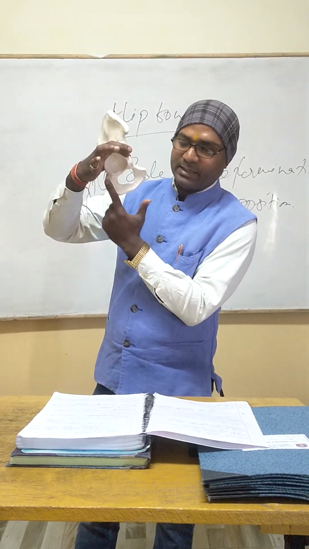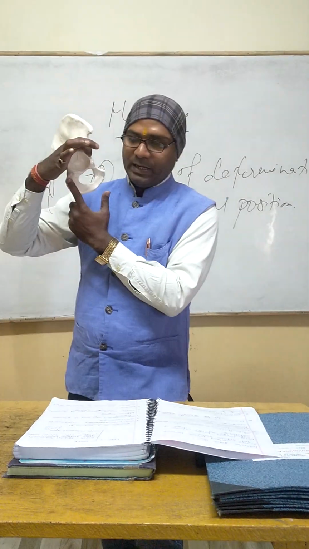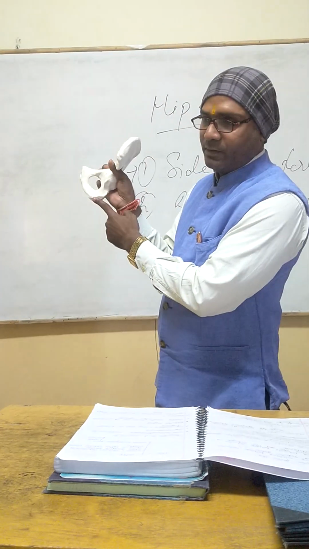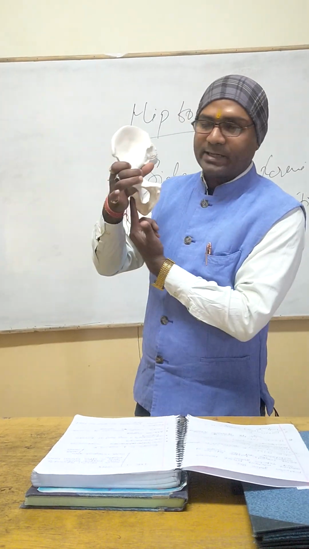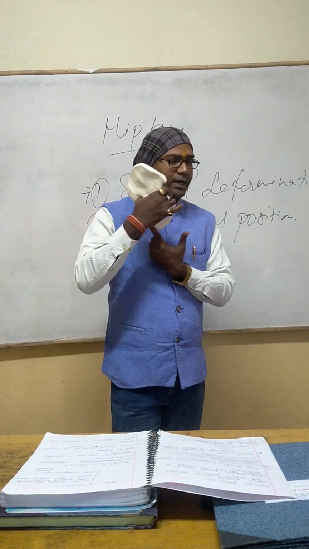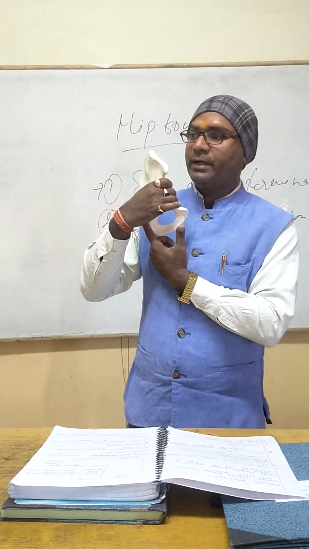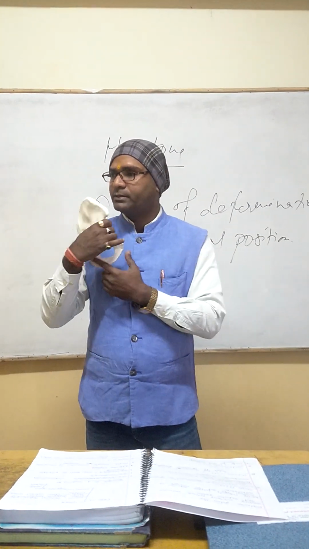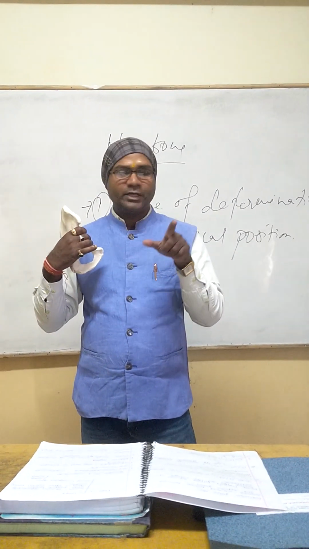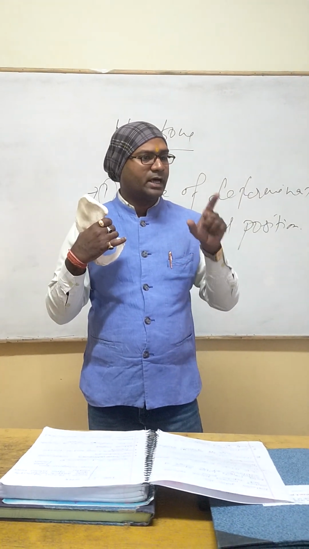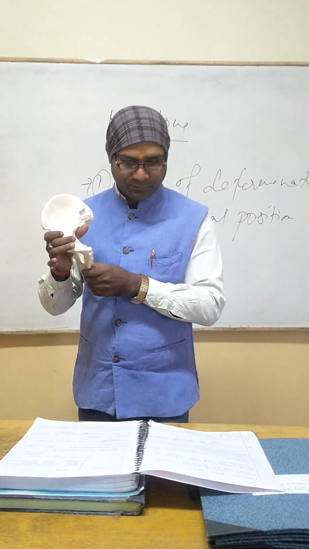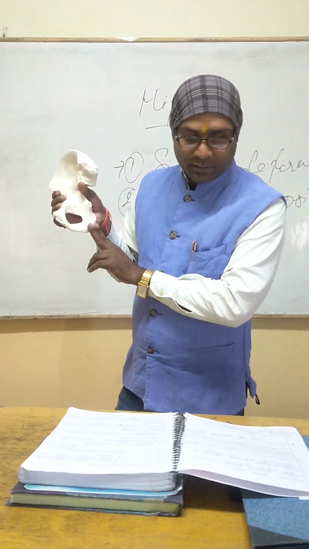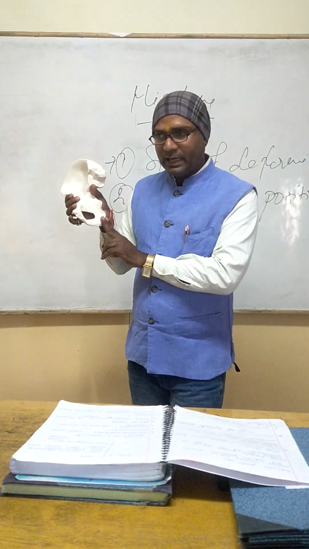The lateral area, lateral side. Okay, upper lateral and lower medial. This is the triangular area, medial side, and on the lateral side we have the quadrangular area. In the lateral quadrangular area, we have the origin of 4 muscles: semimembranosus, then semitendinosus plus the long head of the biceps femoris, and the last one, the adductor magnus. And the medial margin, which has the triangular area, has the lower end of the sacrotuberous ligament attached there.